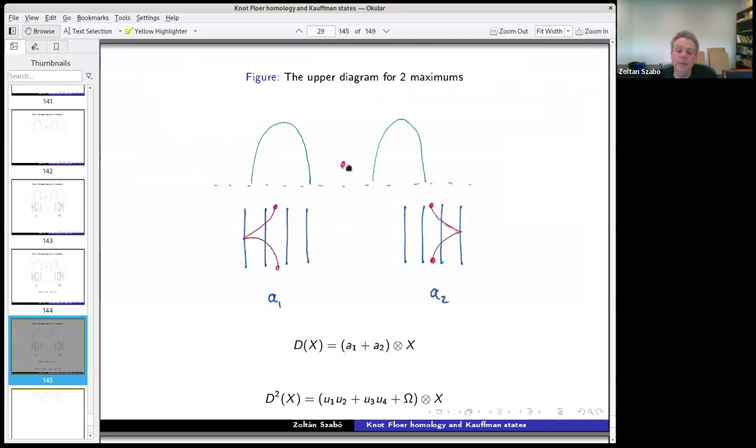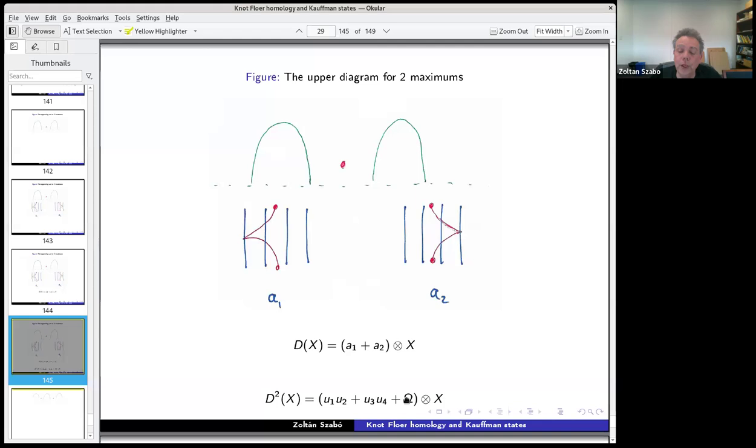So the main difficulty, the reason why these are more complicated, and why this is a work in progress and not yet a theorem, is that the corresponding invariant that you associate to an upper projection, so take the knot projection and take a line and take everything above this. Here we see a very simple example, imagine a knot which has two, so this is where the knot starts, and then it could be really complicated below. But you also have to understand some object lying above this line, because it's an inductive process. And the corresponding D structure is something where D squared is not quite 0, unfortunately, but it has something called